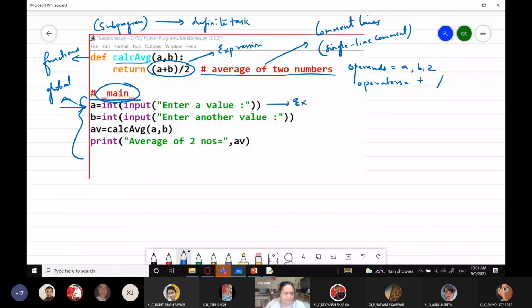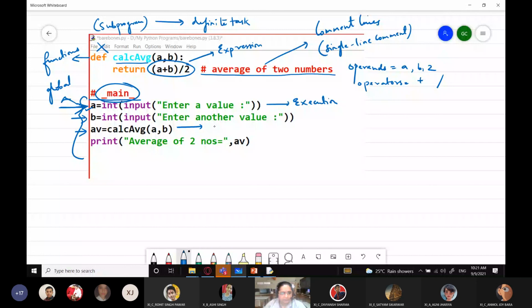Python directly never starts executing the function. It will always start executing the first statement in the global area. And here the first statement is what? A equals int input, right? So it will start from this point. Then move on to the next statement, then the next statement, and here it finds a function call.